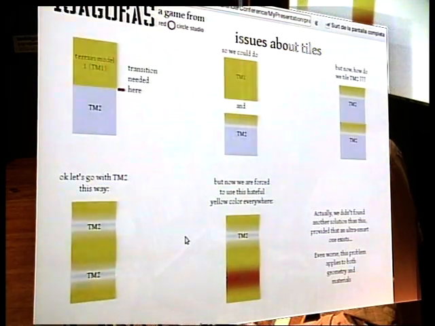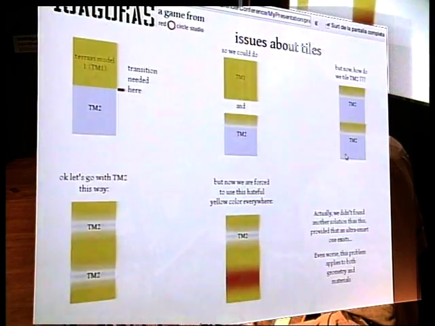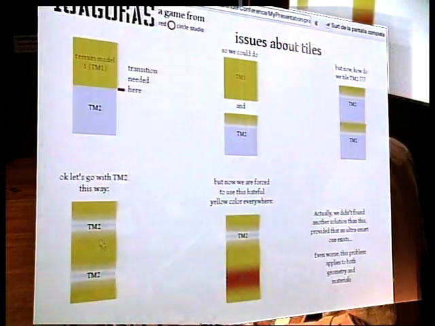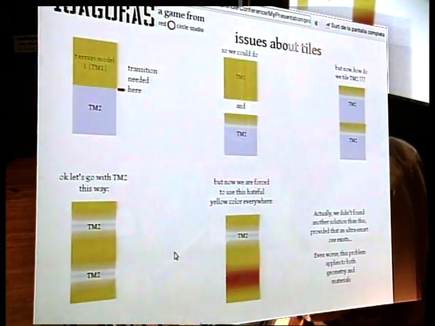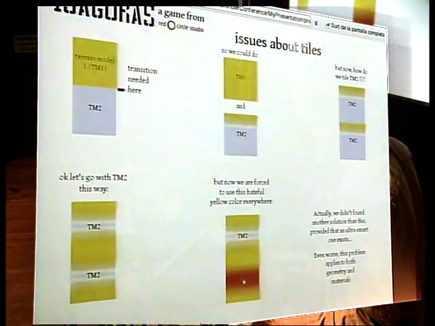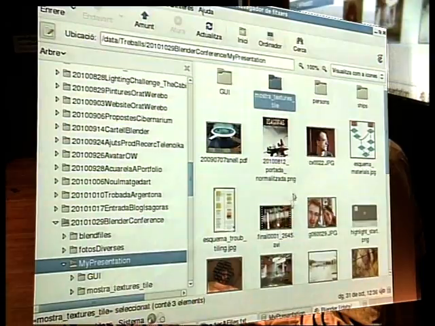And so I can arrange the texture or the geometry of this model, correcting this area. But now I'm forced to use this color everywhere. So it's because of that, as you can see,